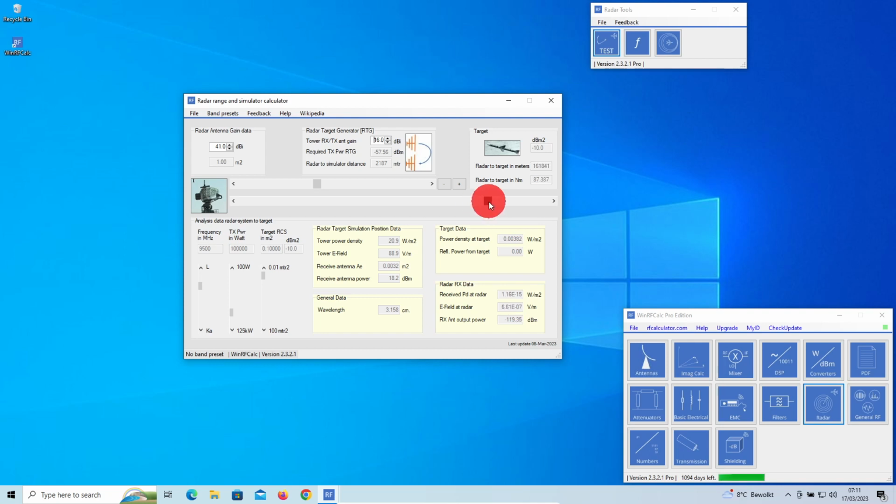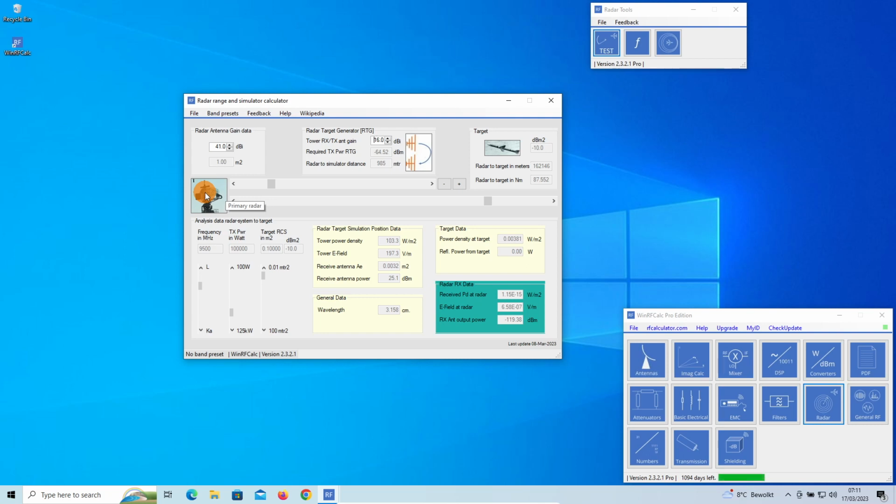Now at this distance for the target, which is 162 kilometers, and the tower position here at, let's say, 985 meters, this target generator requires 64 dBm into a 16 dBi antenna to generate minus 119 dBm on the radar